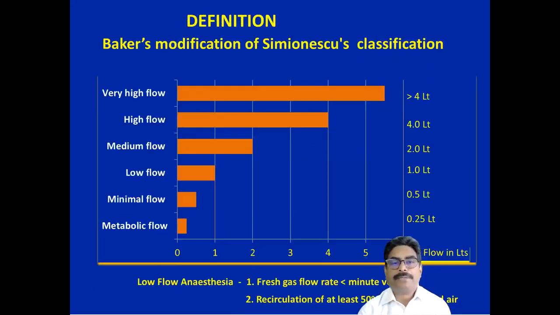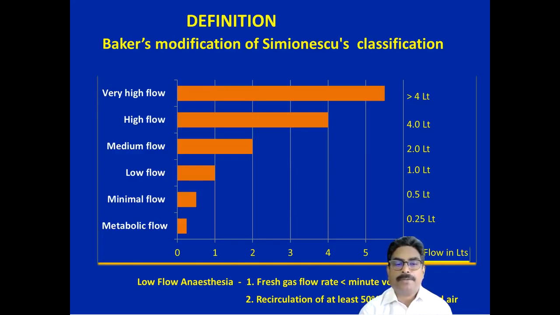Coming to the definition, Baker's modification of the Simonis classification: if the fresh gas flow is more than 4 liters, it is called very high flow. If it is 4 liters, it is called high flow. If it is 2 liters, it is called medium flow. If it is less than 1 liter, it is called low flow anesthesia. If it is around 0.5 liter, it is called minimal flow. And if it is equivalent to 0.25 liter, that is 250 ml of oxygen taken every minute, then it is